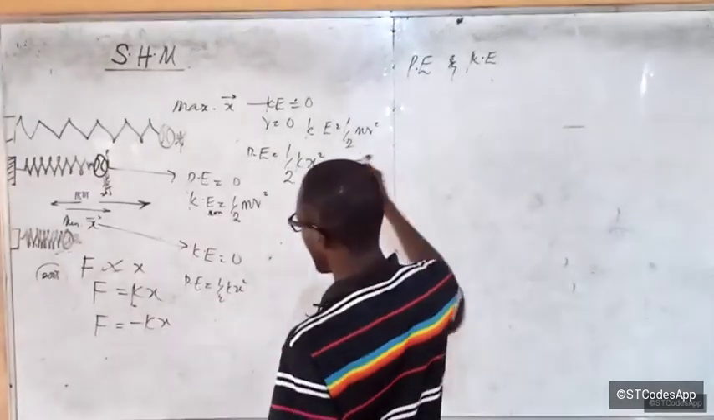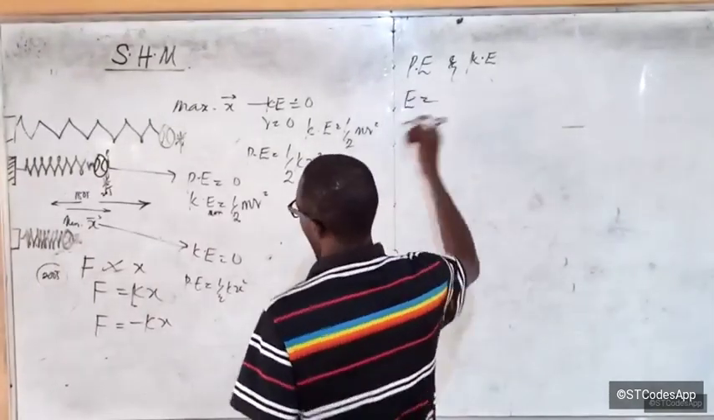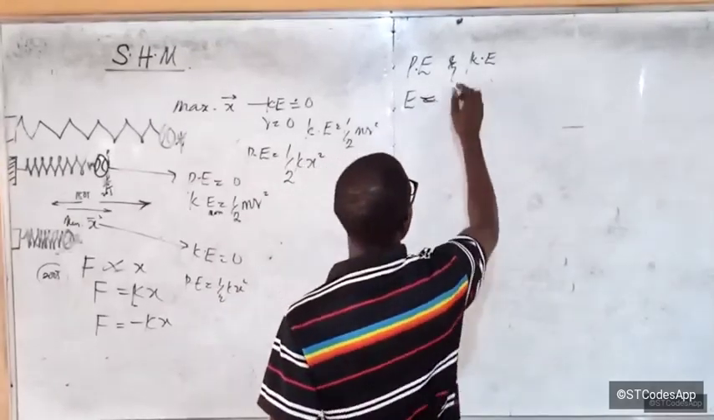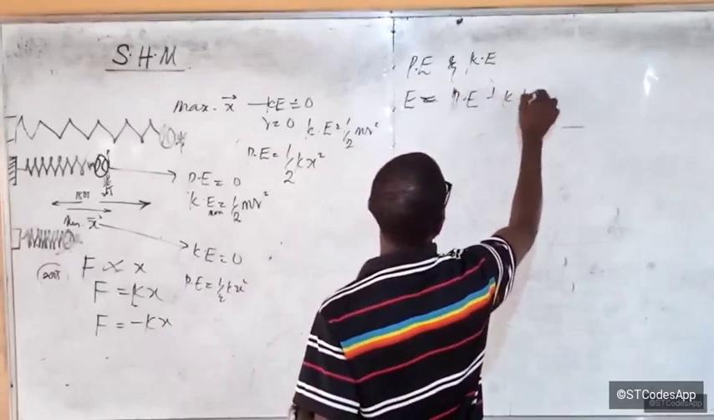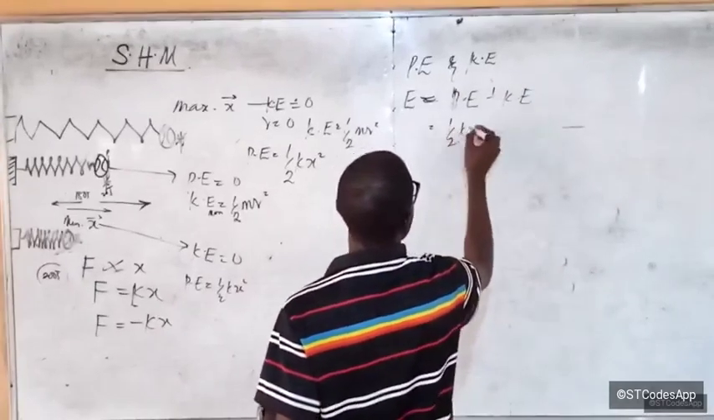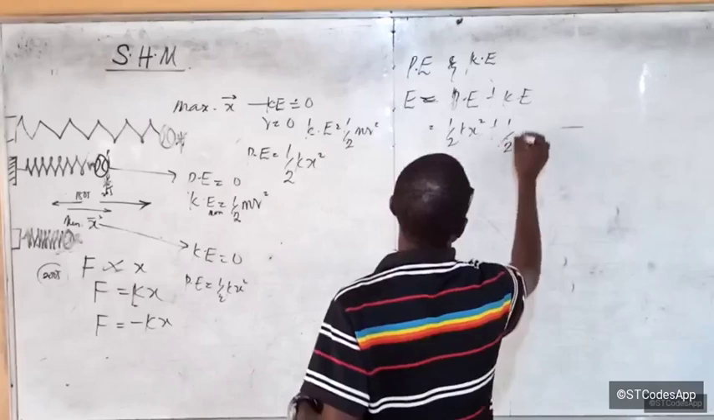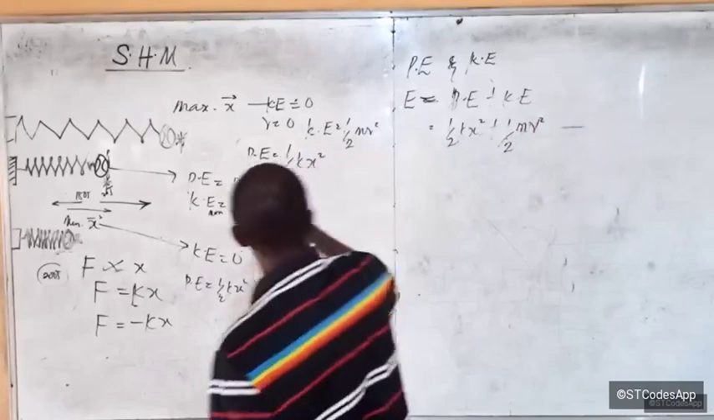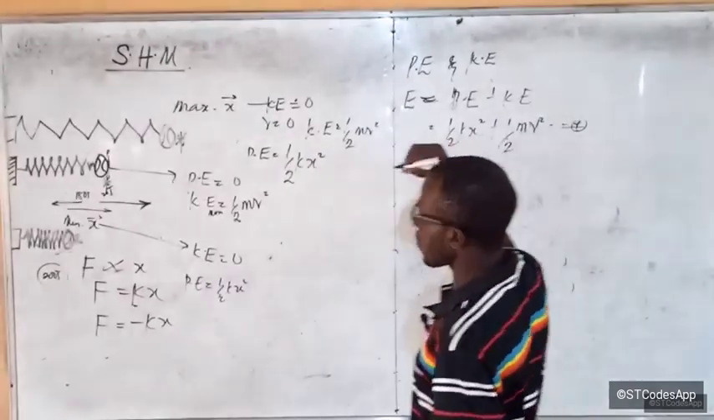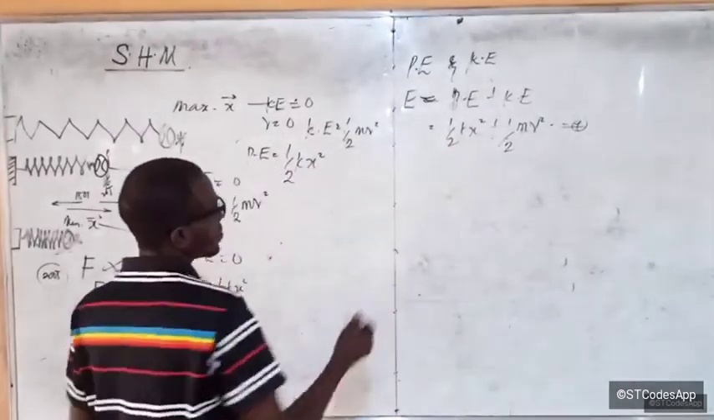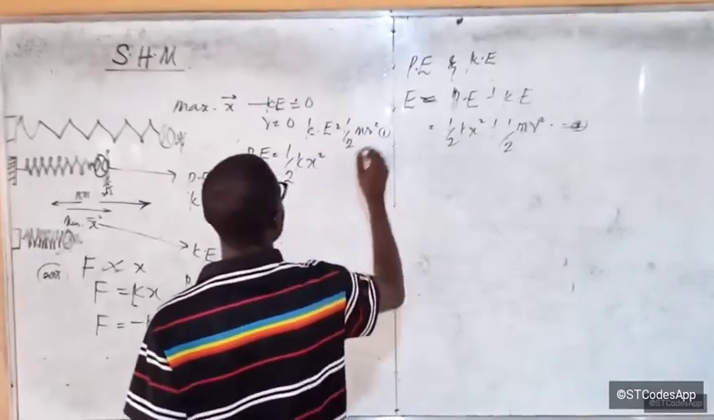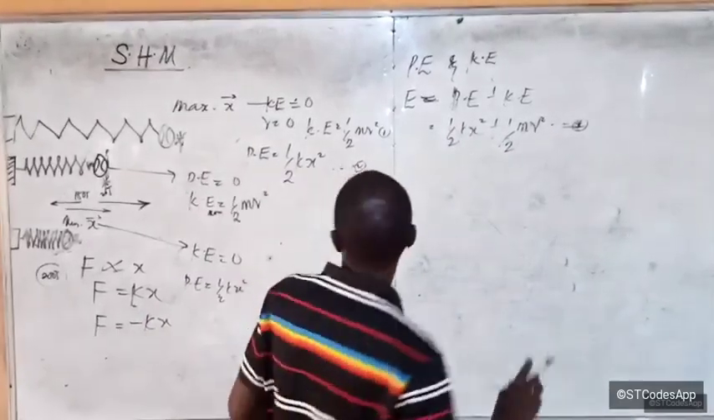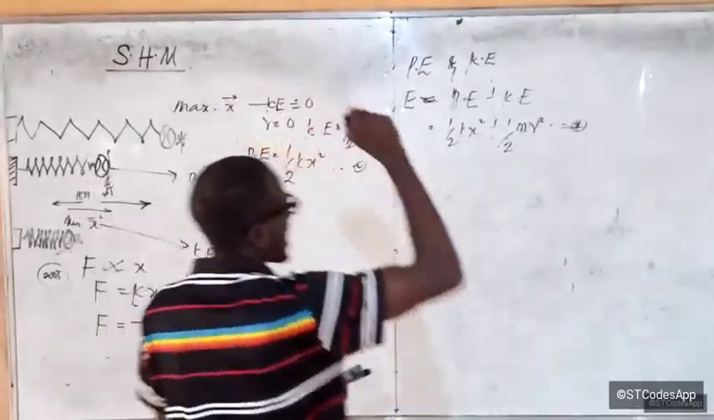Then I talked about the total energy in the system. Along the path, the total energy in the system is going to be potential energy plus what? Kinetic energy. So we have half kx squared plus half mv squared. All right. This is equation 3, since this is equation 1 and this is equation 2. But if the body is at its maximum displacement, at the point of maximum displacement,